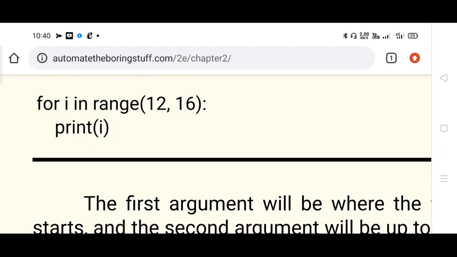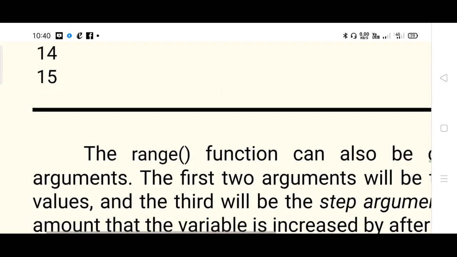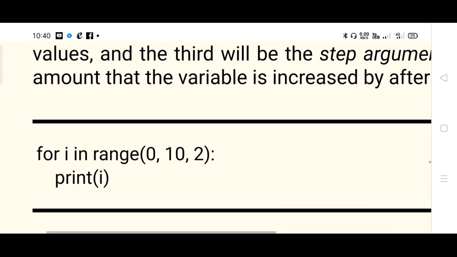This is the example of for loop as well as specifying the range of values using range function. Starting argument and stopping argument are given. You are supposed to start from the starting argument, but as per the rule, the stopping argument, the last argument, will not be printed. Except that, the rest of the numbers will be printed under range function.